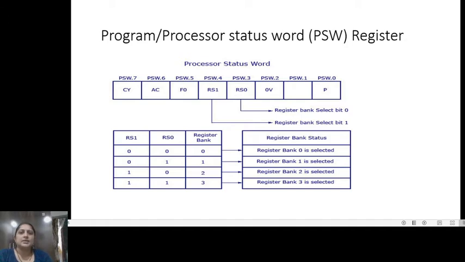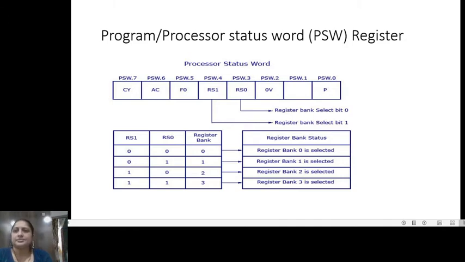In the diagram we can see the first bit indicates the parity bit. Then the next bit we are not using. After that we have the overflow flag bit. Then we have RS0 and RS1 bits. These are called the register bank select bit 0 and bit 1. With the help of RS0 and RS1, we can select the register bank B0, B1, B2 and B3 from the RAM memory of 8051.